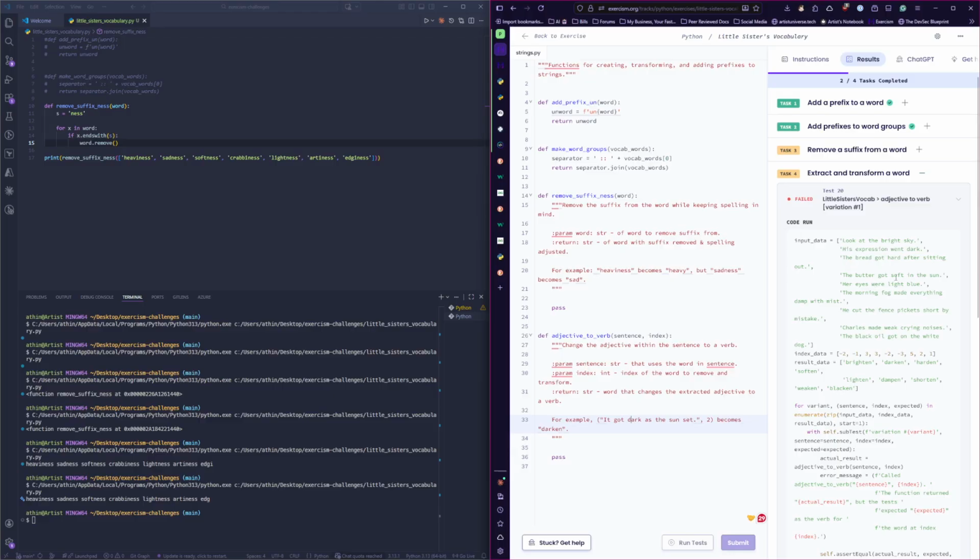The butter got softened in the sun. This is supposed to be a poem. Index data. What does this index data mean? Variation sentence index expected. Pretty sure I'm supposed to take this index data